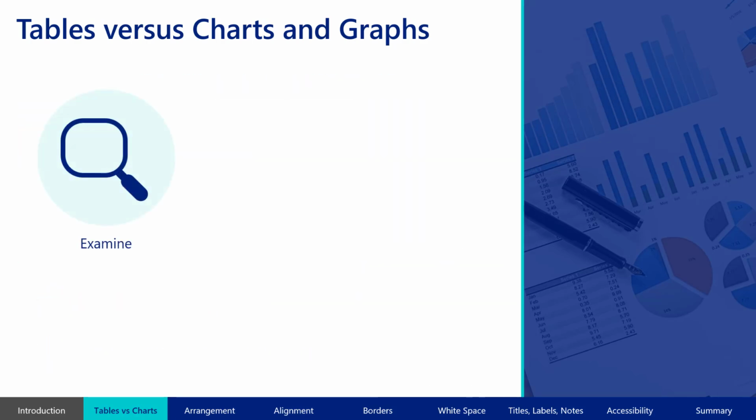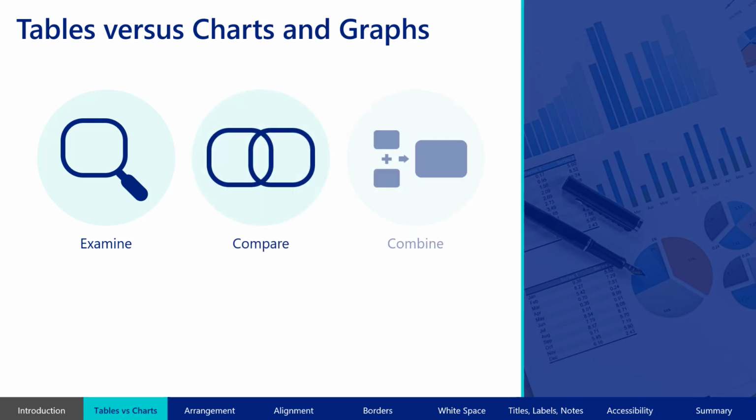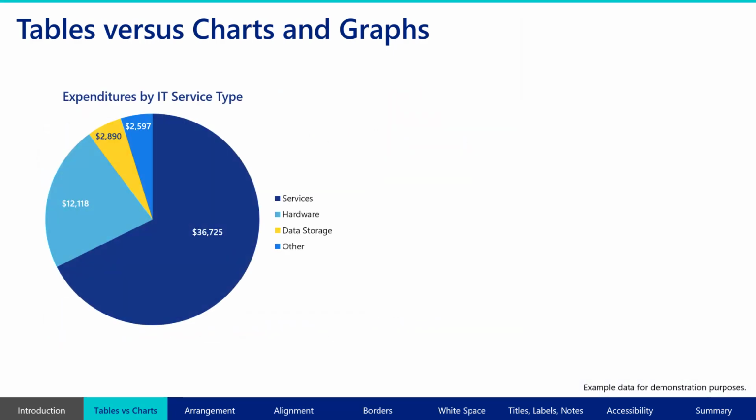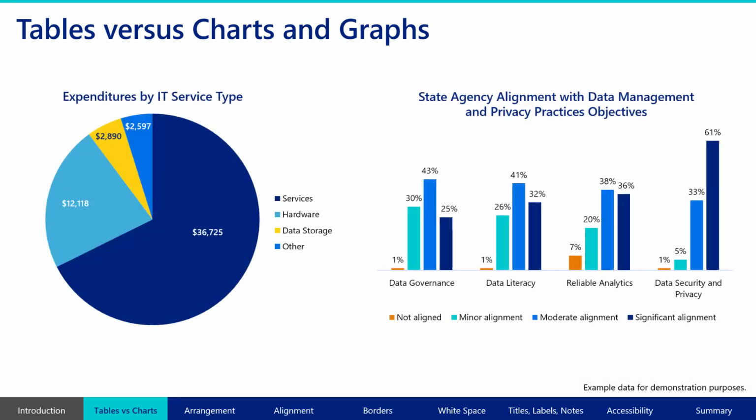Presenting data in a table format is useful if your audience needs to examine individual values, do single comparisons, or combine the data with other data. Data is best presented in table format when your audience needs precision, details, or more than one unit of measurement or analysis. Charts and graphs, on the other hand, allow the audience to see important highlights at a glance, rather than having to sift through many columns and rows of data,